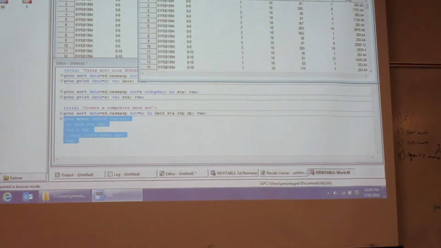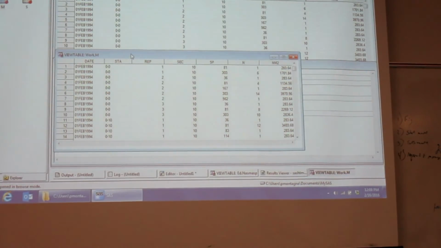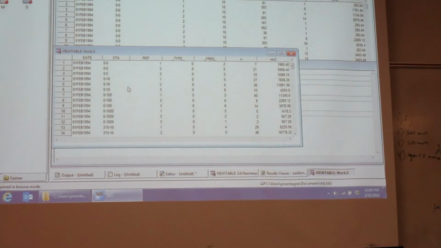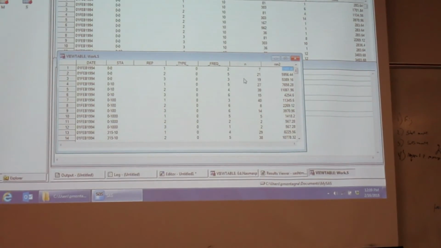So let's open up N. Now, we'll check the first replicate on the first date station combination only. So this should be 2 and 7. And, whoops, that's the wrong data set. S. So the first one should be 2 in the frequency column, and it should be 7, that's correct. The next one has 1, 2, 3, 4, 5, and it adds up to 4, 18, 19, 20, 21, and that's correct. And the third one is 3, and that's correct. And those 3 add up to 8 plus 10 is 18, plus 1 is 19, and that's correct. So now we have our composite data set,